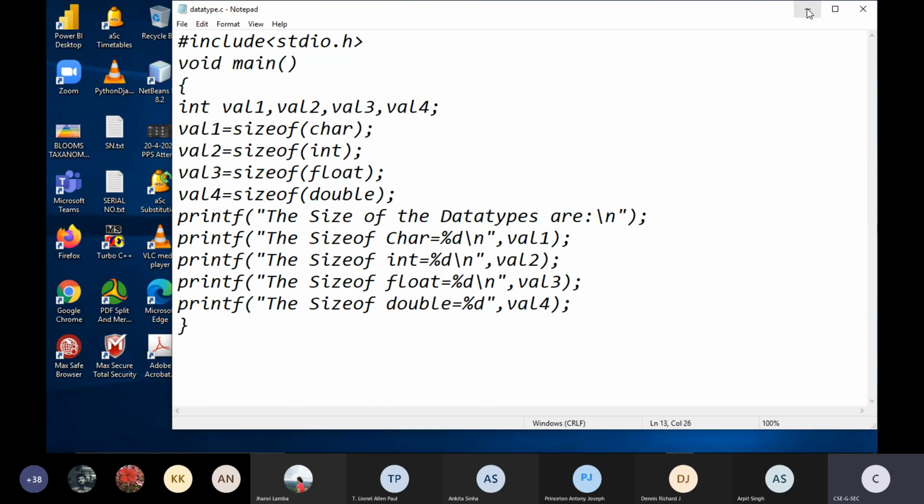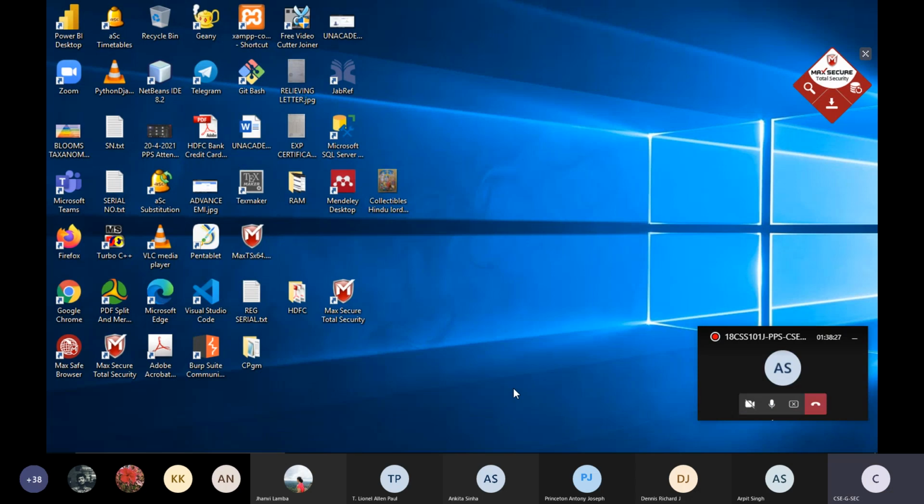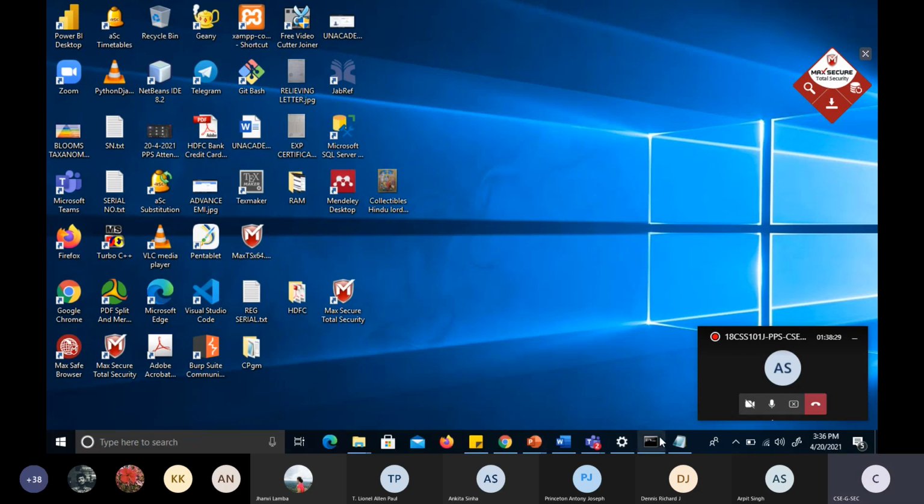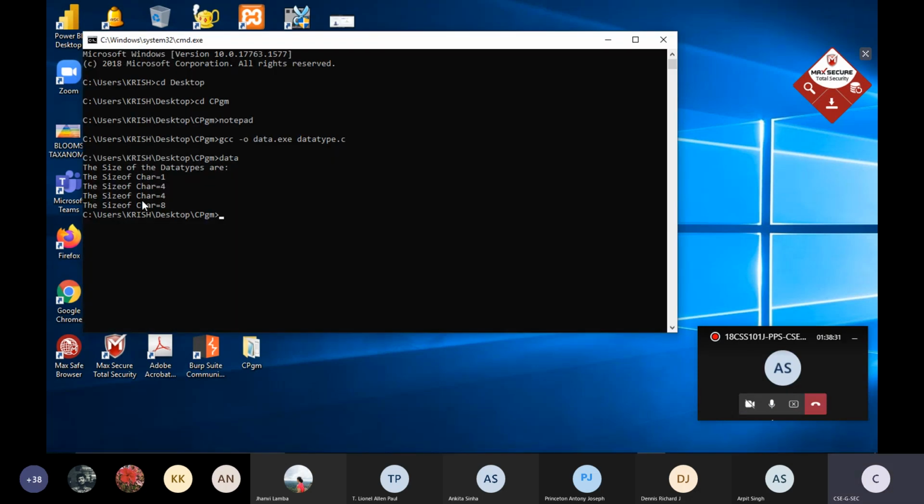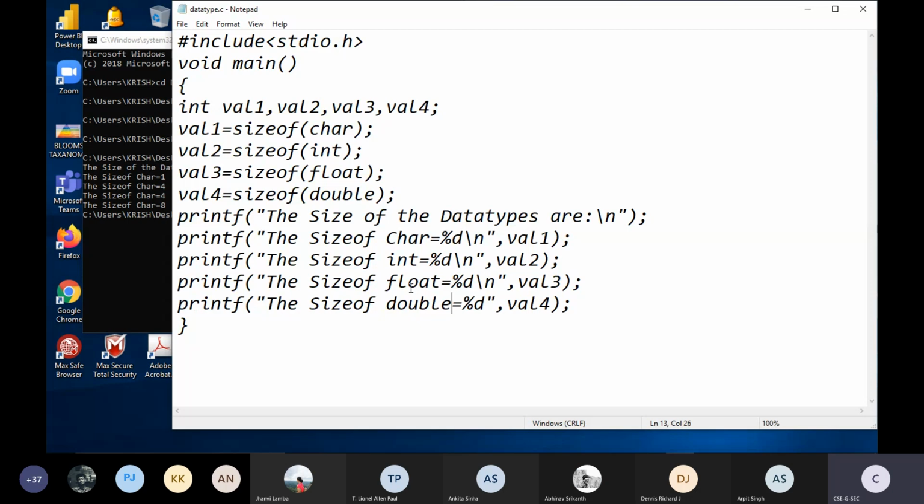Okay, save it once again, and you need to compile this once again. Then only you will get this char removed. First time only it should present char, next time it should present size of int, size of float, size of double. So what I'm saying, value 1, value 2, value 3, like that I have declared now.